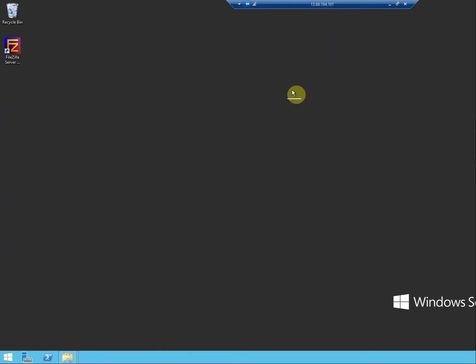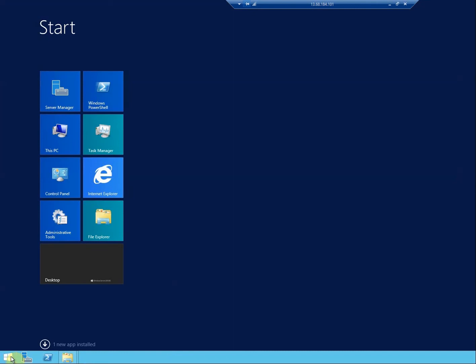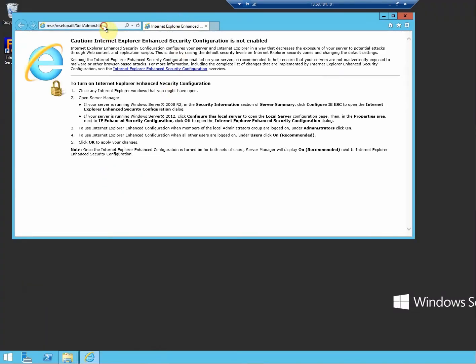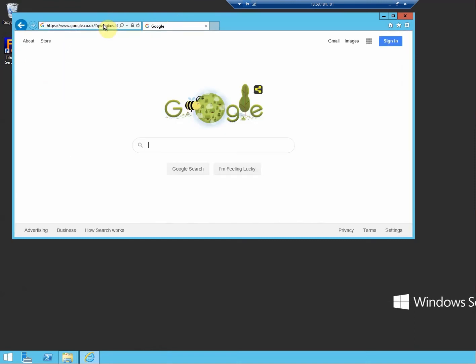Okay, we'll next move on to the final step, and that is using MySQL installed on the server, and also maybe creating a WordPress site. Okay, the next step is to install the Microsoft Web Platform. So we're going to just go to Internet Explorer, and we're just going to do a search for Microsoft